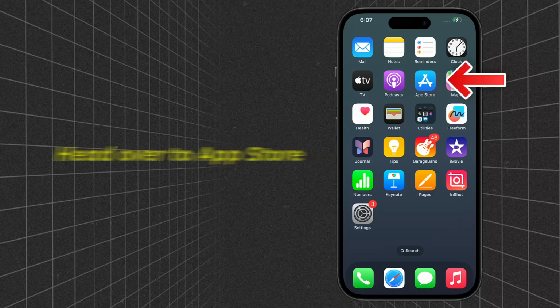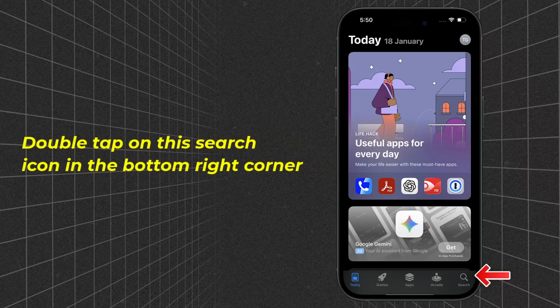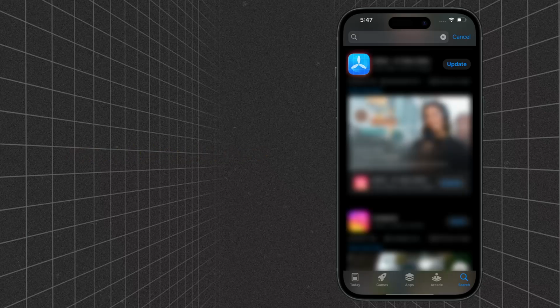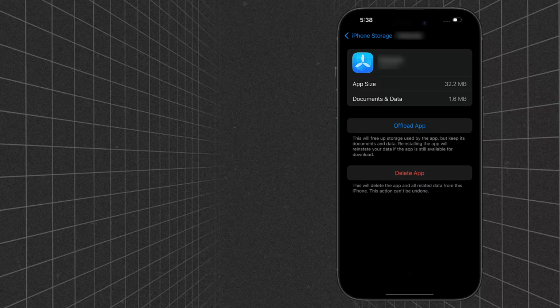then you need to check if the app is running an older version. Head over to the App Store. From here, double tap on this search icon in the bottom right corner, and then search for the app. Once the app comes up in the search result, and if you see this update button right next to the app, simply tap on it to make sure you're running the latest version of the app. However, if you continue to encounter this issue, then you will need to completely reinstall the app, which usually resolves